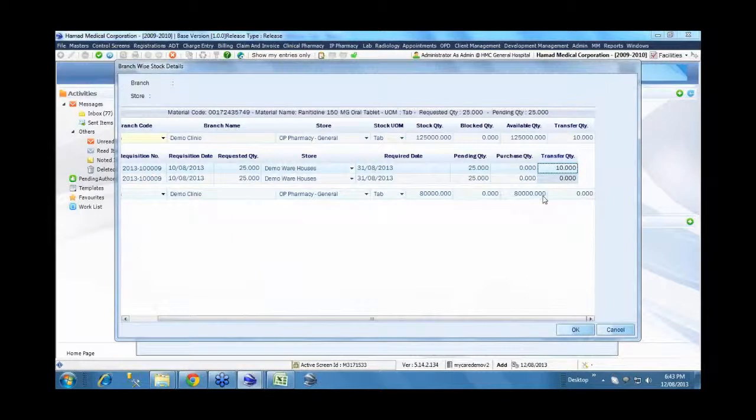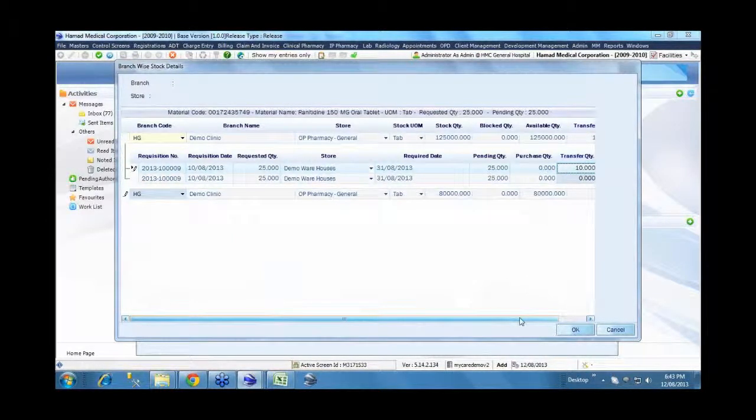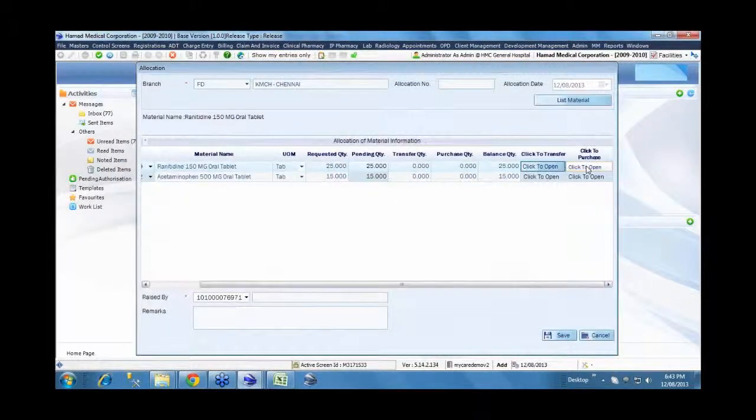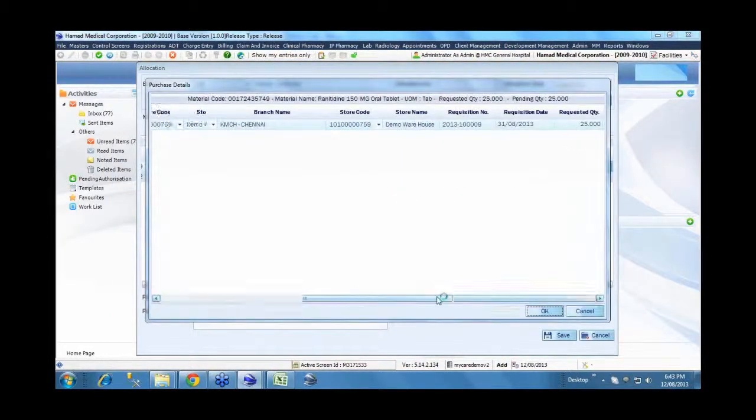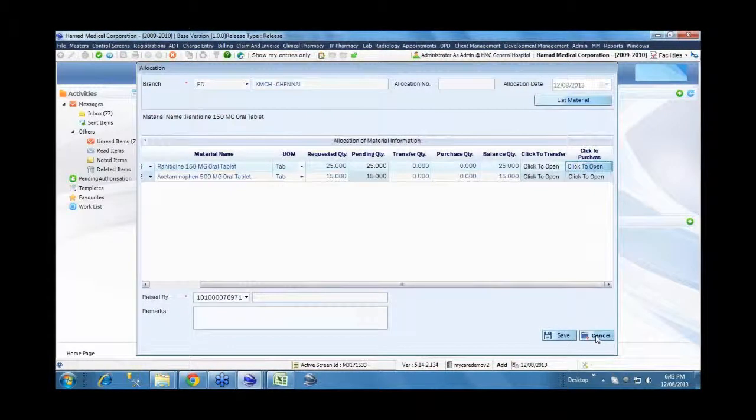So I will transfer 10 now, whereas the remaining 15 I will say needs to be procured, because whatever stock is available is required for other allocations. So I can specify the transfer quantity and the purchase quantity. Out of 25, I am transferring 10 from the current stock, and the remaining 15 I want to purchase.